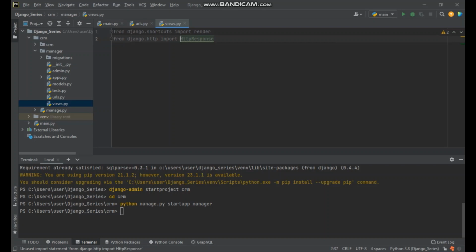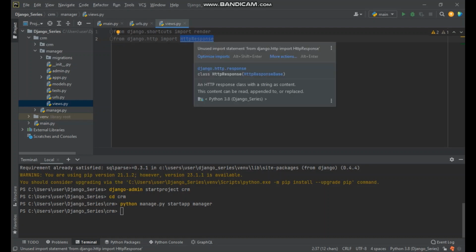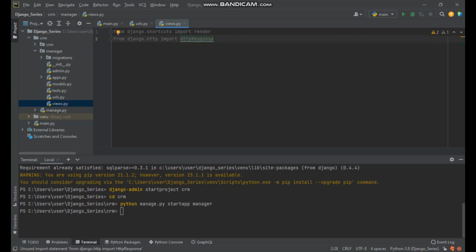So what is HttpResponse? I'll call it a function, right? So the HttpResponse function is going to take